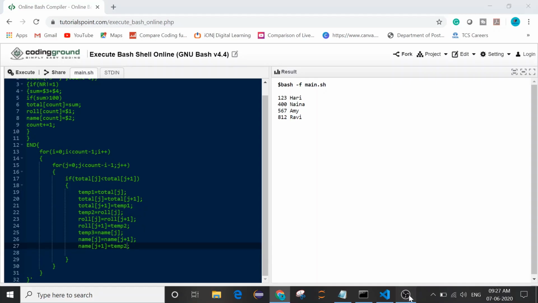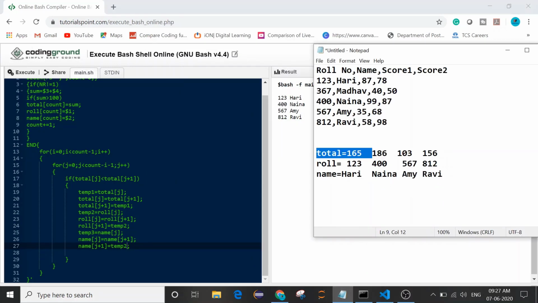After swapping we will get it like this: total equal to 186, then 165, roll number equal to 400, then 123, name equal to Naina, then Hari, right?